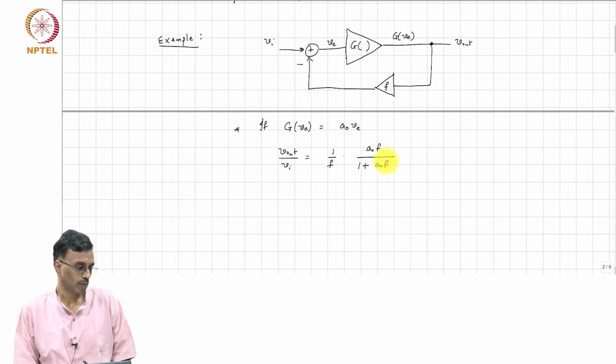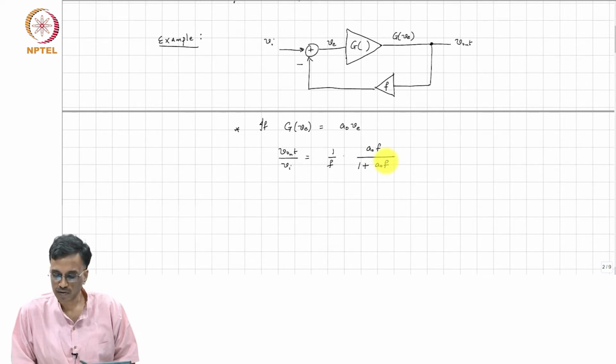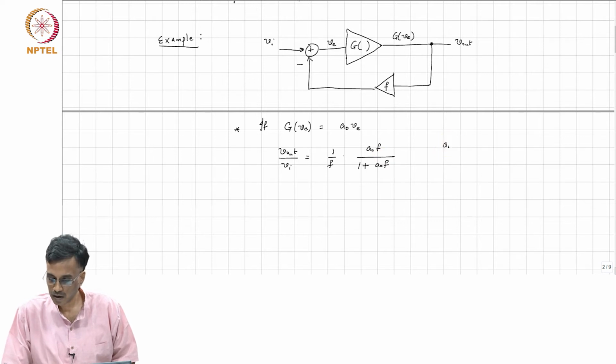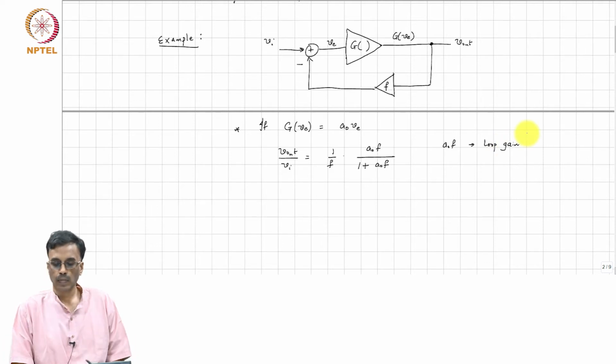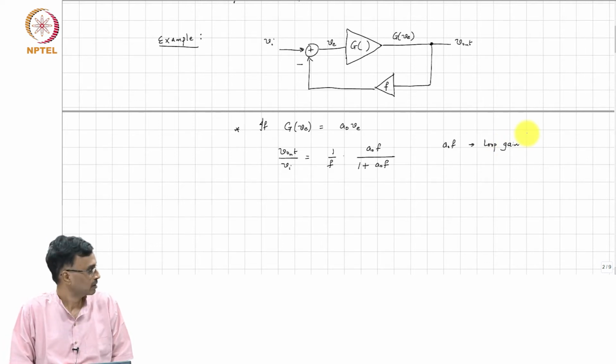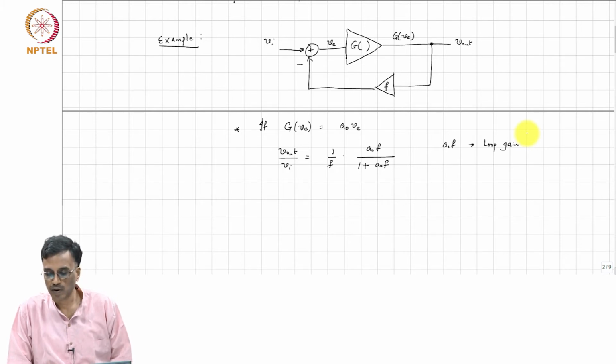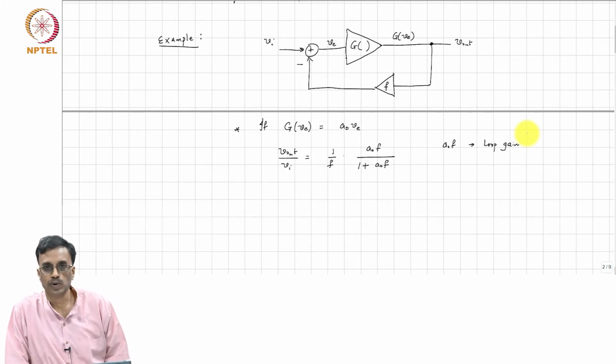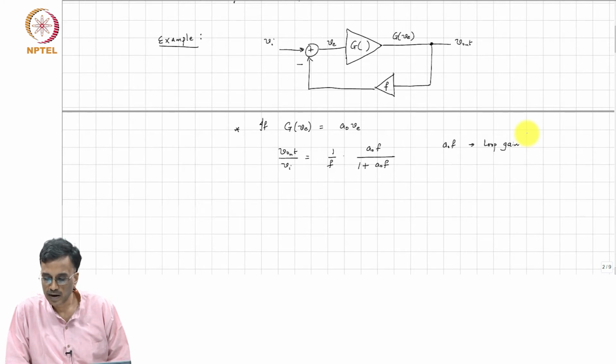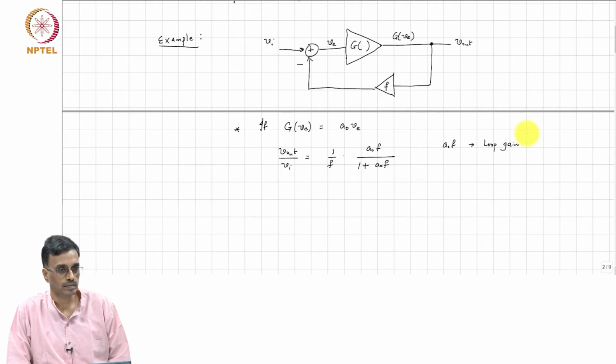That is a very well known formula, and this A 0 f is the loop gain. And as A 0 f tends to infinity, the closed loop transfer function